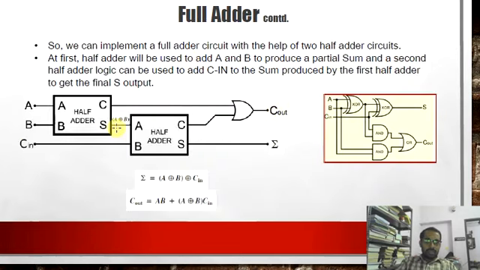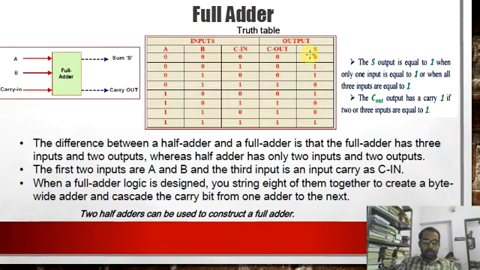So it has been seen that this corresponds to XOR operations. So we have the output in higher state for odd combination of ones, which means it is an XOR gate. So in this case there is XOR of 3 inputs, A XOR B XOR C in, that is the sum.